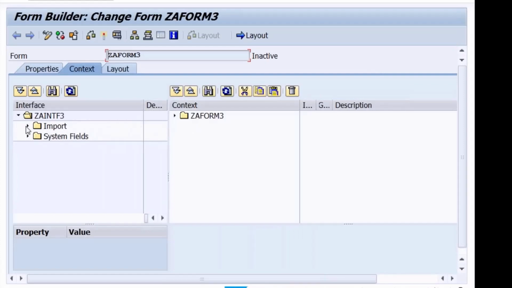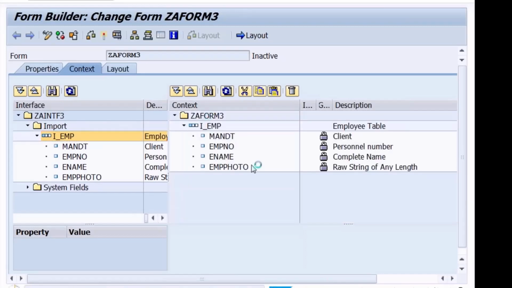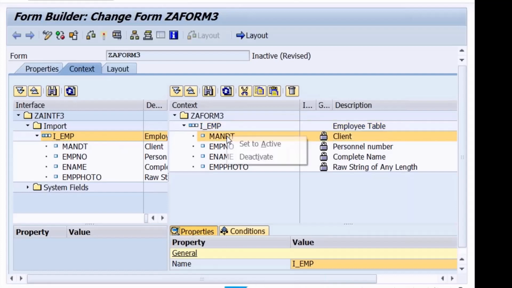Now already we know whatever you want to show on the Adobe form should be available in the Adobe form context. So this is carrying how many fields? 4 fields. So I'll just drag and drop I_EMP there. Is it mapped there? Yes, mapped. But on the output, I should not show MA and DT. So I'll right click on MA and DT and say Deactivate. Is it clear? Whichever field you don't want to display on the form, right click on that field and say Deactivate. It is deactivated.